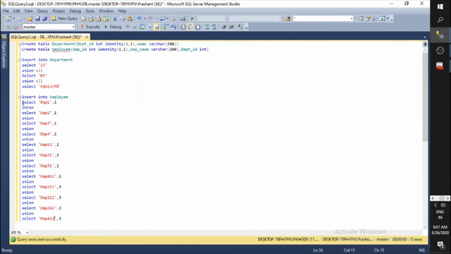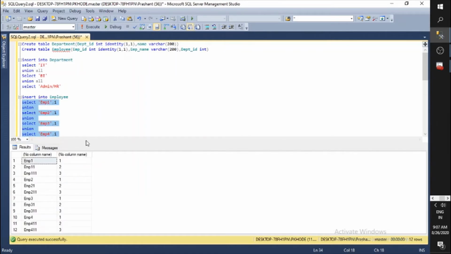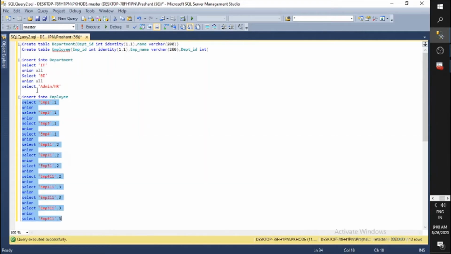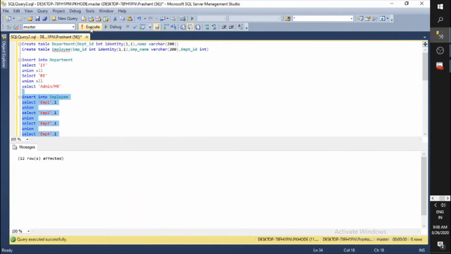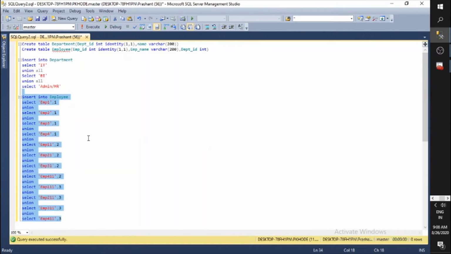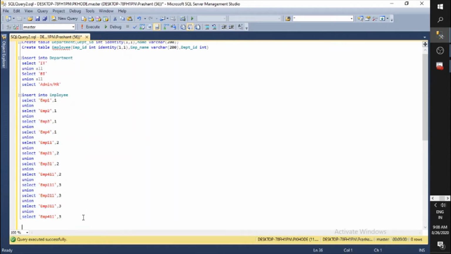Now if I select all these queries and run them, I would see there are 12 records and each department has 4 employees. Now let's load the data into the table. Okay, now we have loaded the data. Now we have department and we have employee.